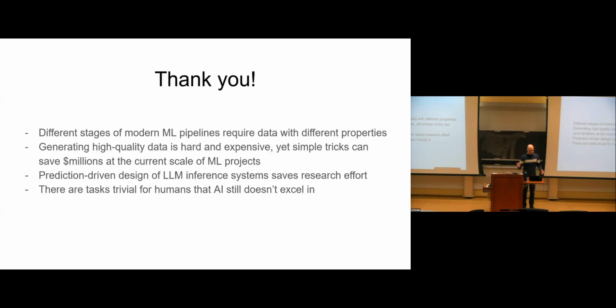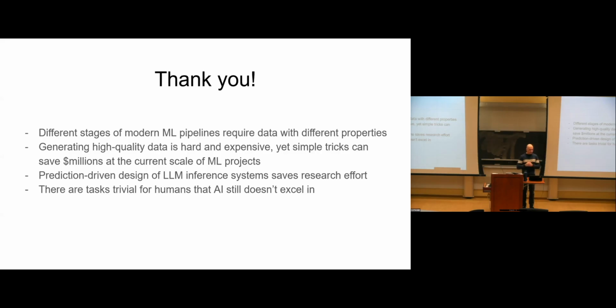Okay, so to sum up, I want to go over quickly what we have been discussing today. So first of all, we looked at the pipelines that require data with different properties, and we have figured out that generating high quality data is very hard and expensive, and simple tricks can actually reduce the amount of data that is necessary for